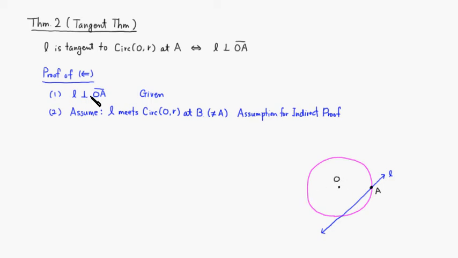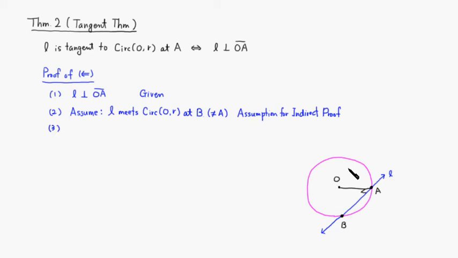Our assumption was L is perpendicular to OA. It looks kind of weird, but you can see that this angle is 90 degrees. And we're assuming that L will meet the circle at another point B. Since we're assuming that L is not tangent, you have B here. So that's our assumption. Then 3,